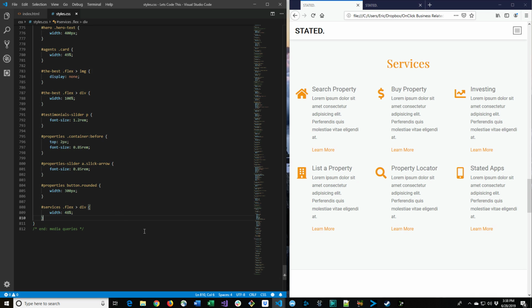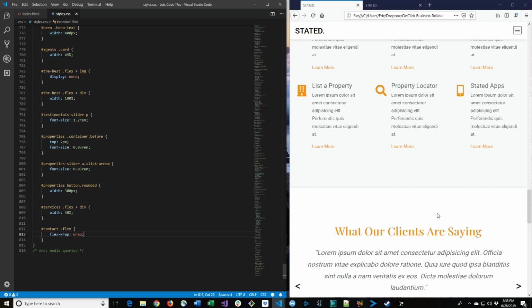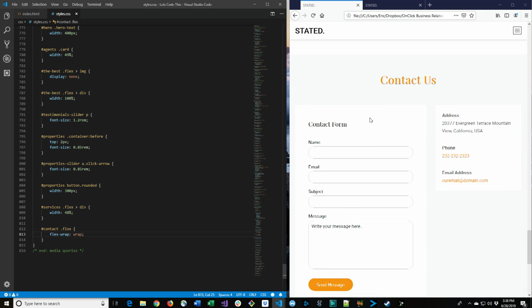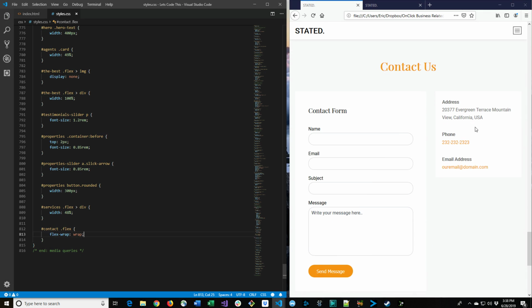And we accomplish that by setting the width to 48% of each of those div elements. Next, we'll grab the flex container inside of the contact section. Say flex wrap of wrap. What that's going to do is allow the contact form and the address box to wrap one on top of the other. And then we need to set the form container, which is this container on the left here,